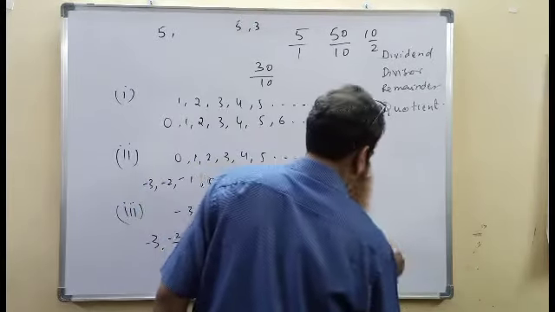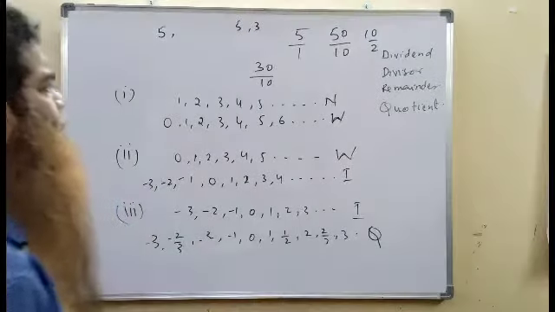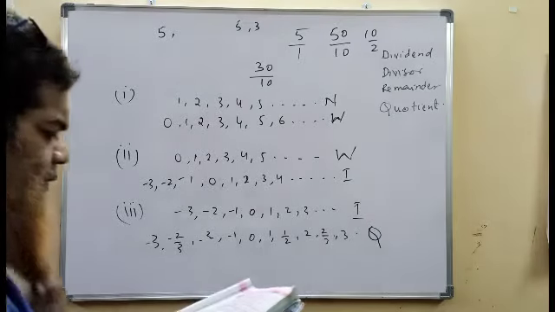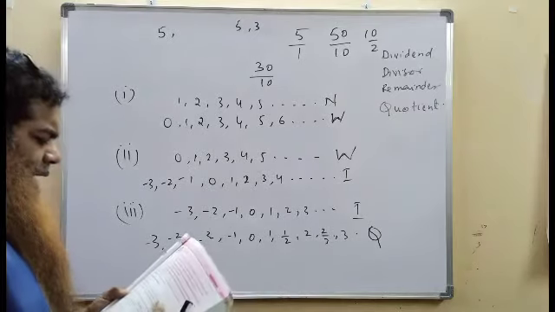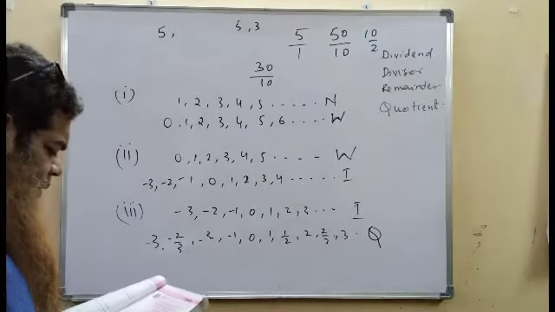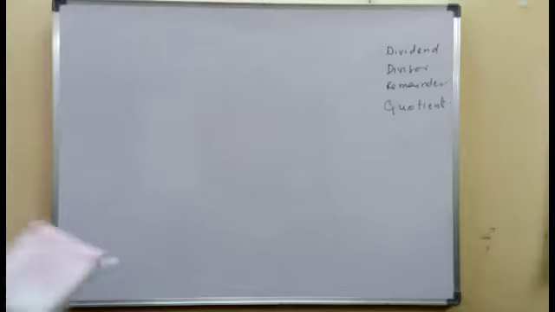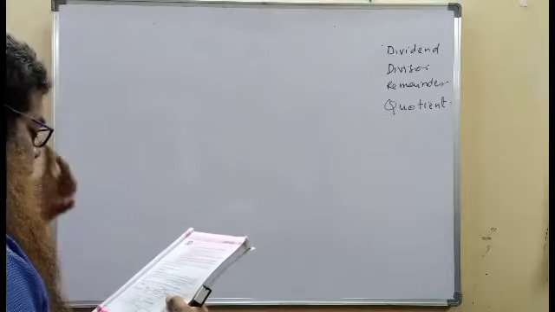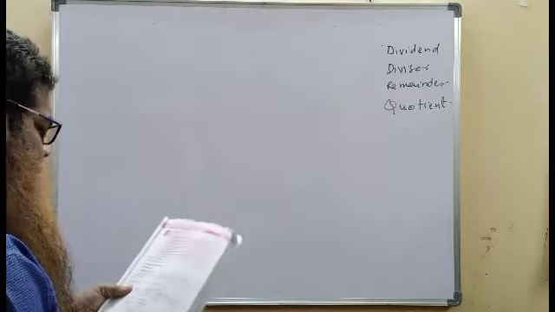So all rational numbers need not be integers, but all integers would be rational numbers. We have already learned basic operations on rational numbers in earlier classes. Let us explore some properties of operations on rational numbers. The properties of rational numbers, 1.2.1: closure property.